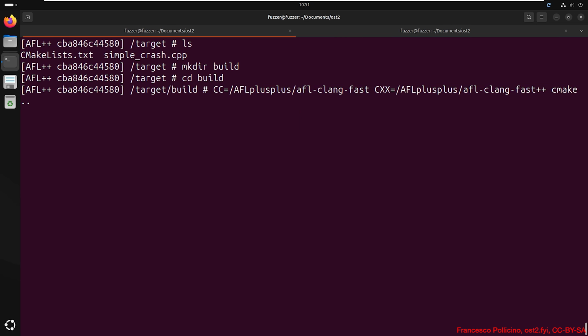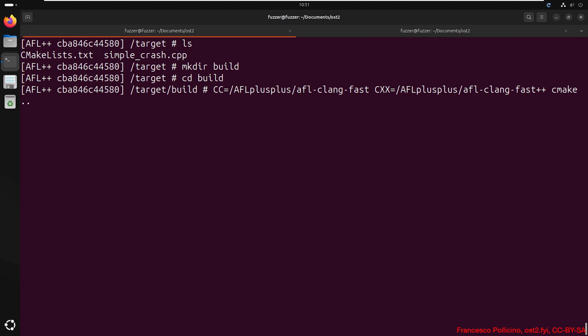Next, we need to add the AFL++ tooling to the compiler. This will instrument the target by using the AFL clang-fast compiler provided by AFL. And we can do this with this command. So, first we set the CC and the CXX variables to afl-clang-fast and afl-clang-fast++. In that way, we are telling the system to use the AFL compilers for both C and C++ code. It's important to always use the same compiler for both C and C++.